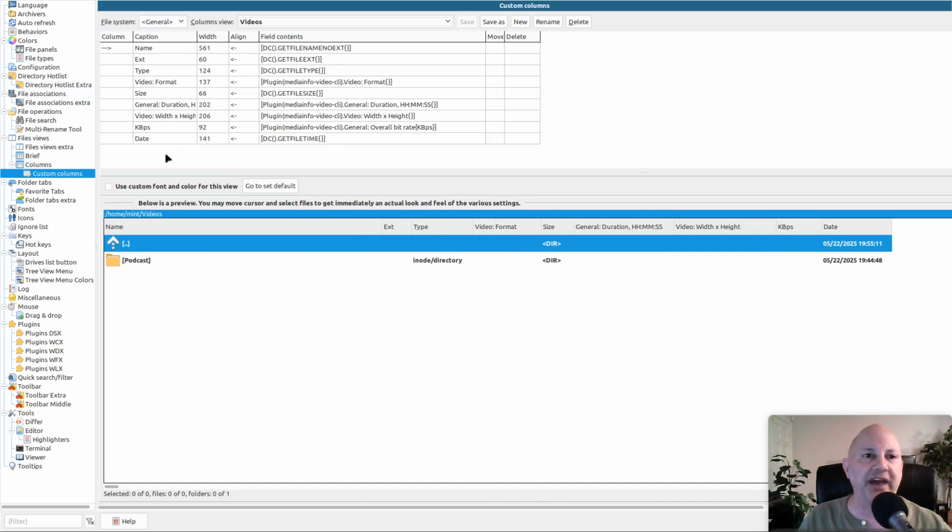And here's how you choose it. You have to click down here, add column, and click in the empty spot. It was a little counterintuitive, but once I figured it out, it shows you a bunch of options you can add. I chose these: name, extension, type, video format, size, general duration in hours, minutes, and seconds, video width and height, then the bit rate, and then the date. So what that does now is,